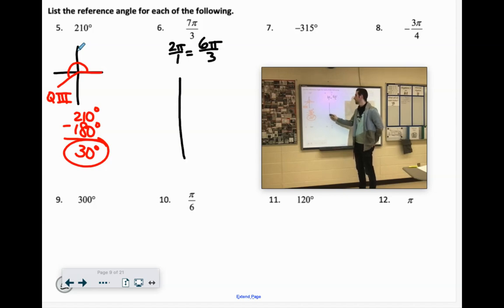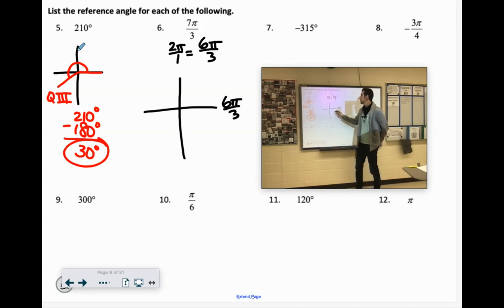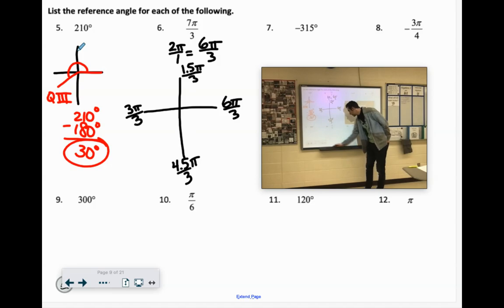So this will be 6 pi over 3. This will be 3 pi over 3. Up here would be 1.5 pi over 3. Down here would be 4.5 pi over 3. So we're looking for 7 pi over 3. That's going to be beyond